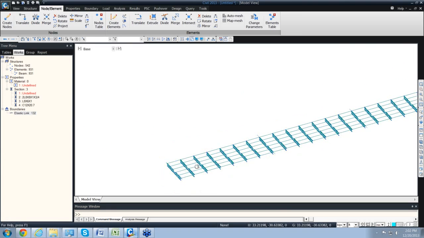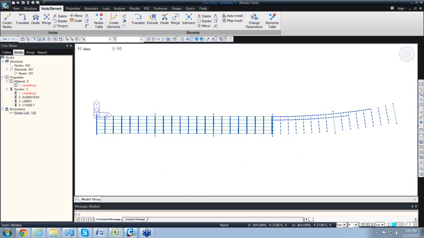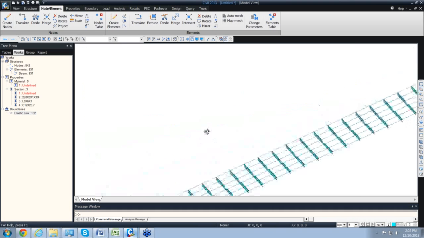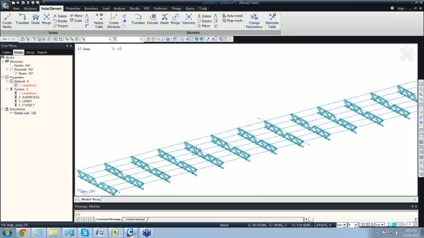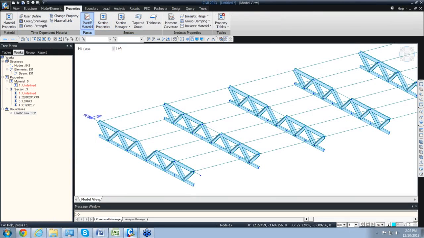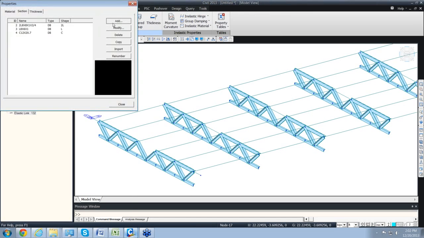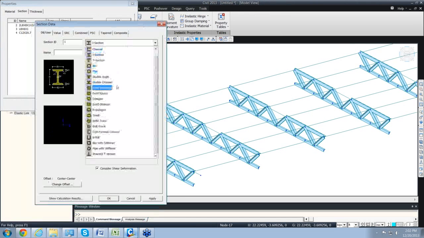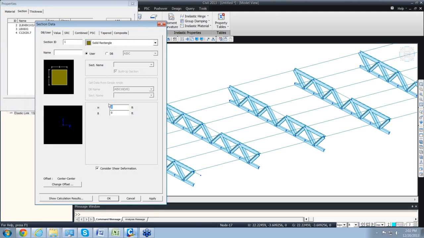Now let's see how we can create the transverse members. To create the transverse members, let me just zoom in at this location. It's very simple. I'm gonna define one cross section. So I go to section properties, I'll go to add, and I'm gonna define the section. So h would be whatever depth your slab has, width would be whatever distance between two nodes you have. So I'm gonna name it as Transverse Deck,